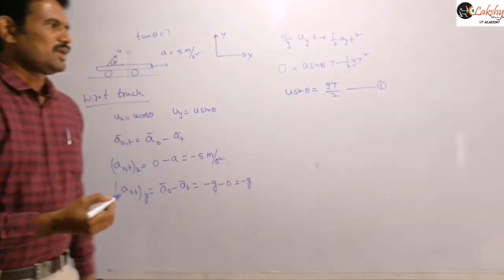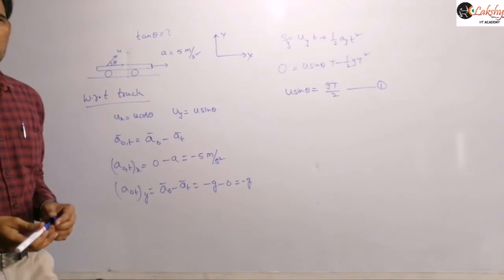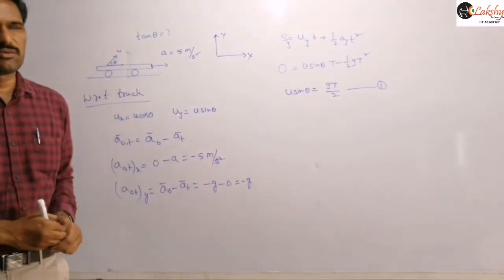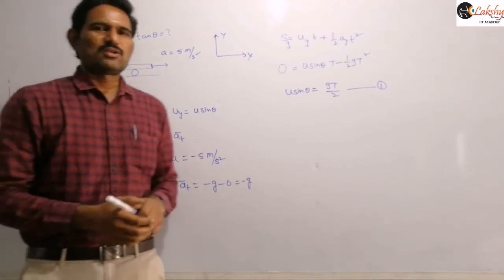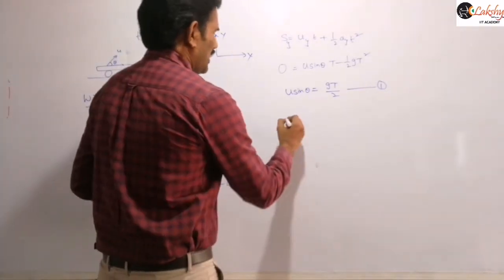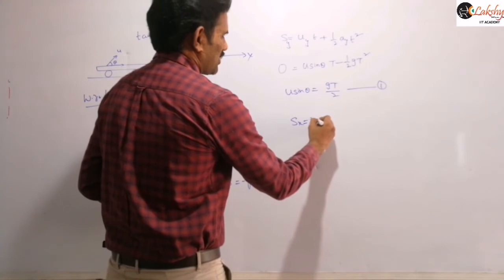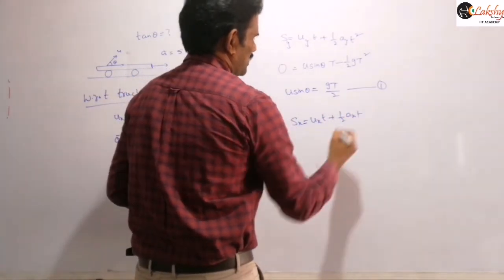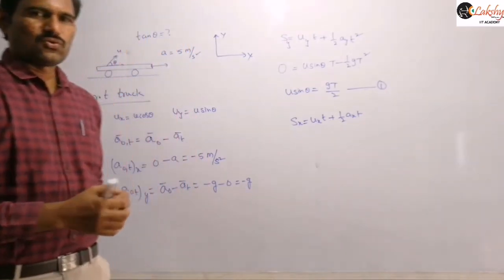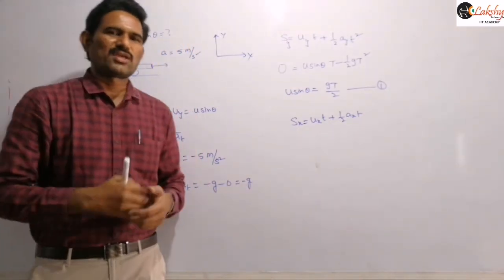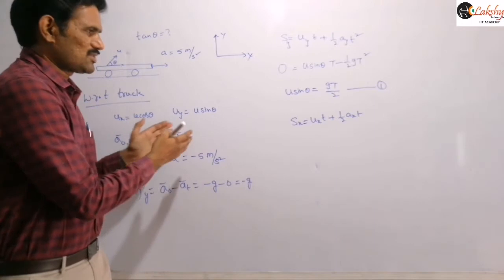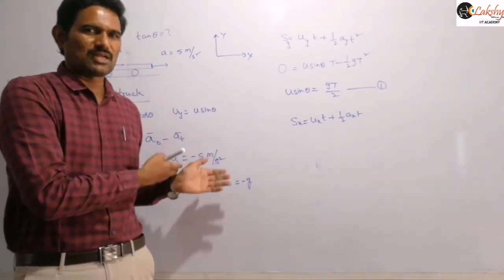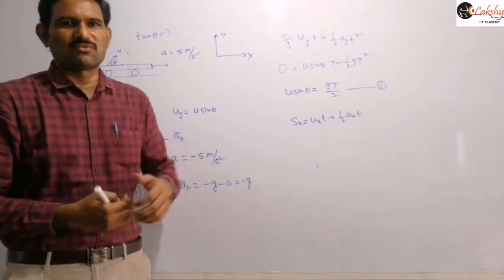Got it? Next, similarly here one more condition is given. The object is reaching the point of projection on the truck. The object is reaching the point of projection on the truck means, can you say the displacement along x direction is? What is the displacement of the object along x direction? 0. Because suppose you are throwing a coin here, if you are throwing on this truck here, the coin is again reaching your hand. That is a given condition here. The coin is reaching your hand.